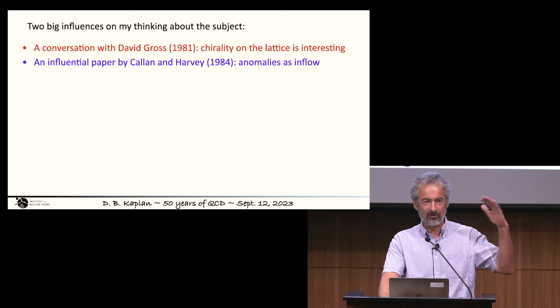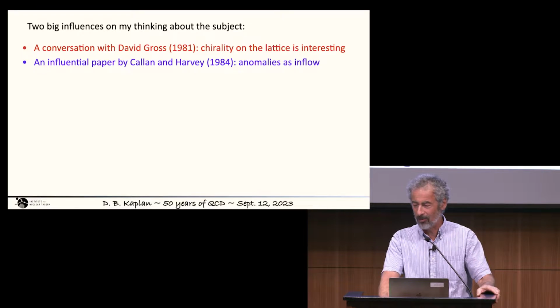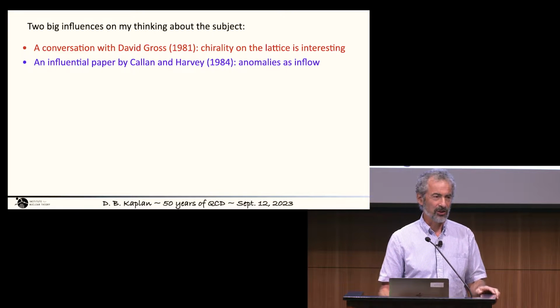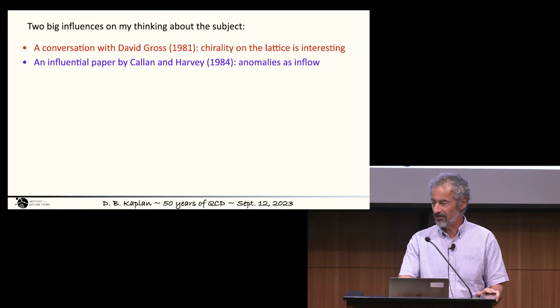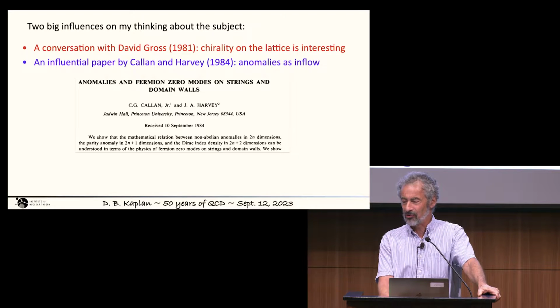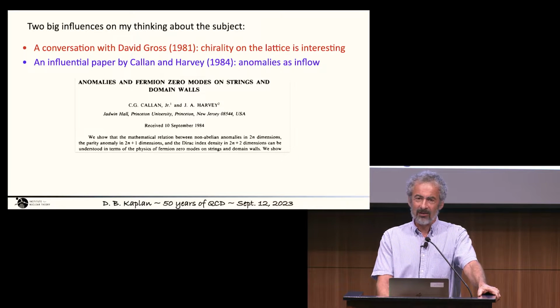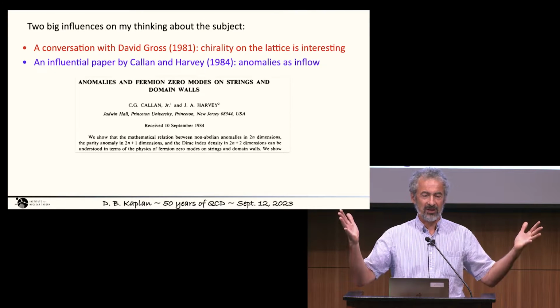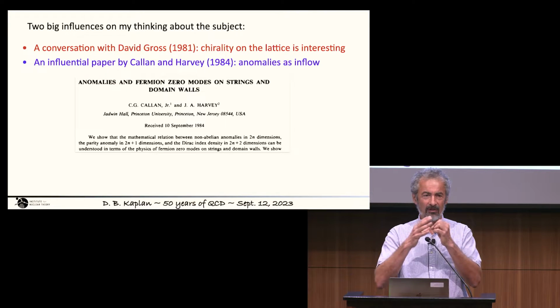And it was all in terms of differential forms, and it was very formal. And Kaplan and Harvey wanted to have a working physical model that showed the physics that Bruno had discovered. And so they wrote this paper called Anomalies in Fermion Zero Modes on Strings and Domain Walls. And it's beautifully simple. They just said, suppose we have a system with a domain wall or a vortex, and